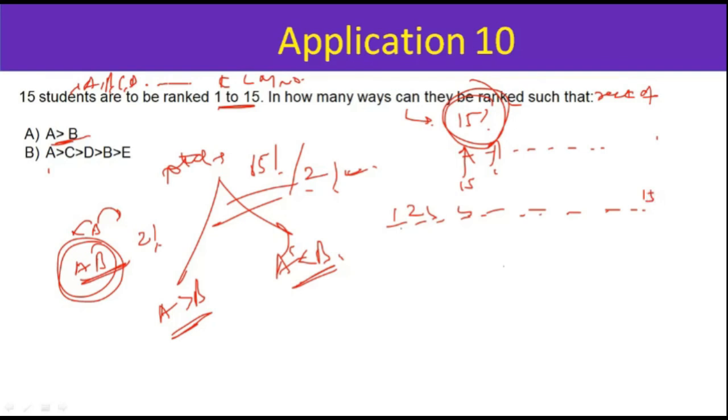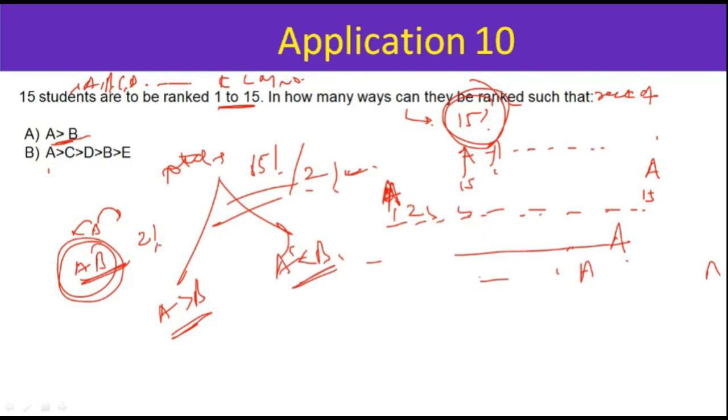Okay. So see, there are 15 positions, right? Now what you're saying is A's rank is always greater than B. Then you'll have to individually count. Here, when A's rank is greater than B, let's assume ranks are in absolute numbers. So if A's rank is 15, B can get any of the ranks. Then when A's rank is 14, all of B's possibilities. Then A's rank is 13, all the possibilities. Then 12 till 1. And then you have to count them, add them, and then solve that expression to bring